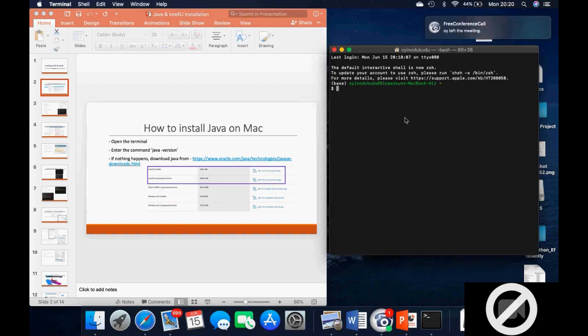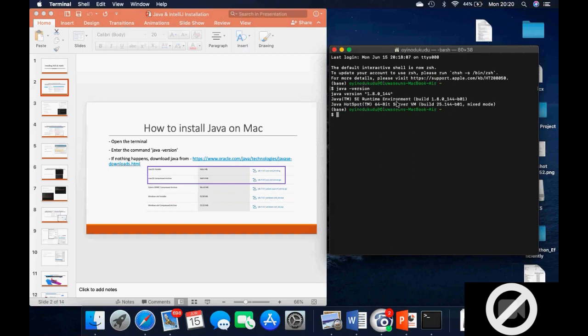So I'm going to go on to my terminal now and then just enter java -version. Because I've got Java installed already, you will probably find my Java version coming up. But if you type that into your terminal and you don't see it, then usually if you don't have a Java version, all of this is just meant to come up blank. So you're just going to have a blank space. But because I've got that installed already, I can see I've got Java version